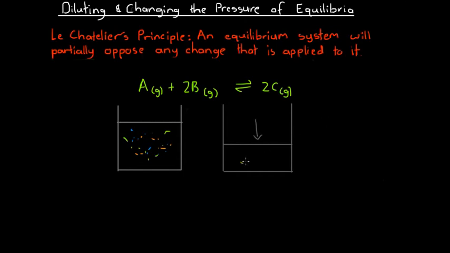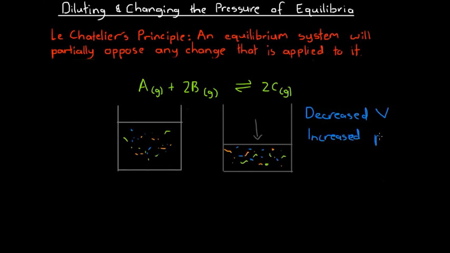So I've still got gases A, B and C inside my container. I've just got these very roughly drawn particles here. But I've still got gases A, B and C inside my container. So what have I done here? I've decreased the volume. And in doing that, seeing as we've still got the same gases inside my container, I haven't taken any gases out, I have also